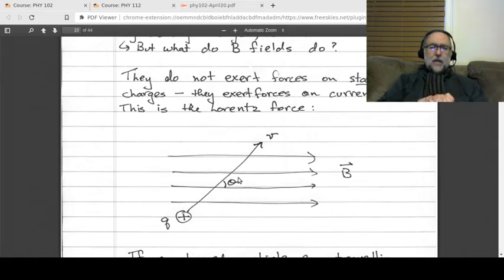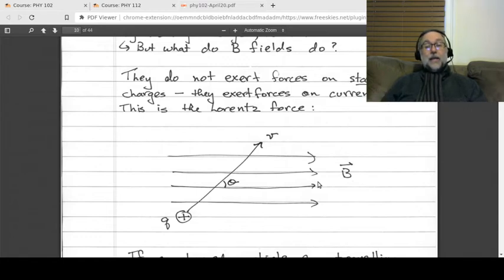So let me say that again. The force that the magnetic field creates, this so-called Lorentz force, is going to be perpendicular to both B and V. And you say, well, how can that be? How can you have a force which is perpendicular to both of them? Well, there's only one way, and it's got to be out of the page or into the page. So there's two possibilities,